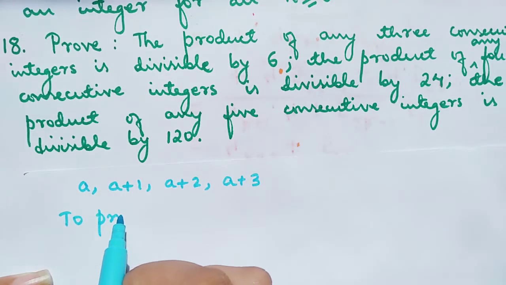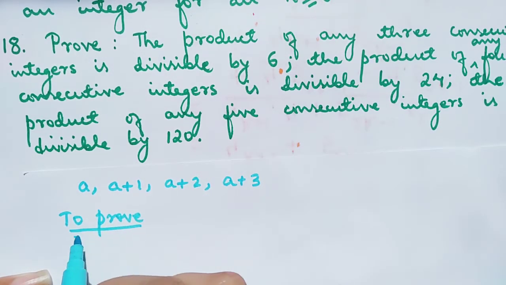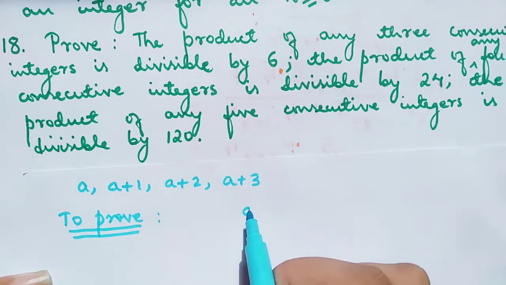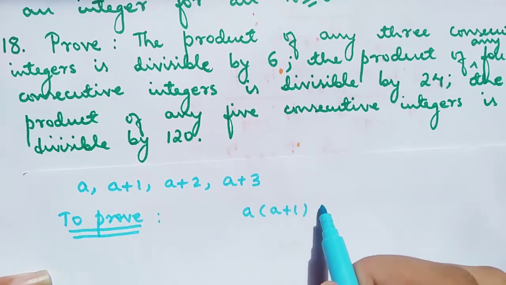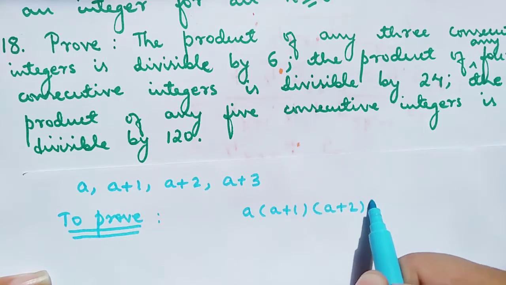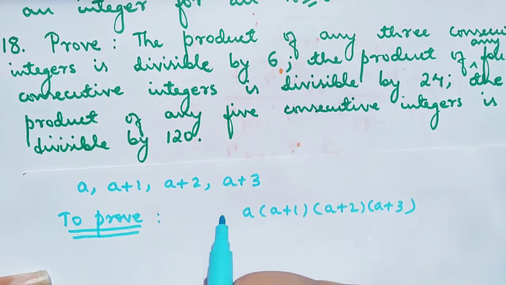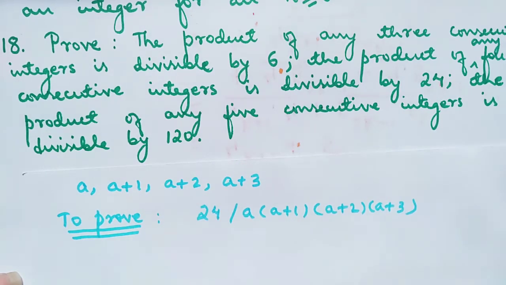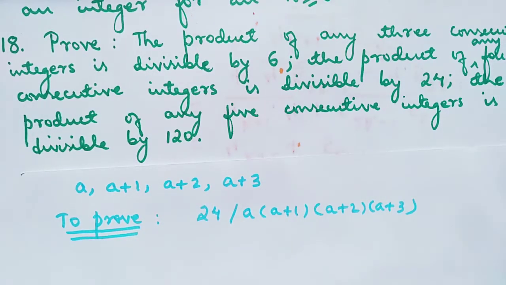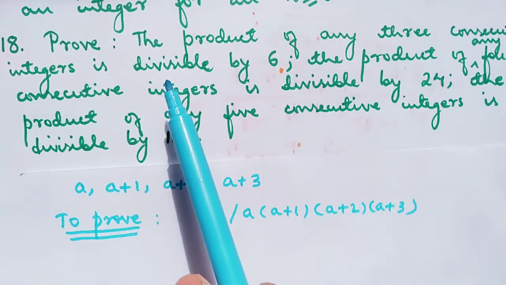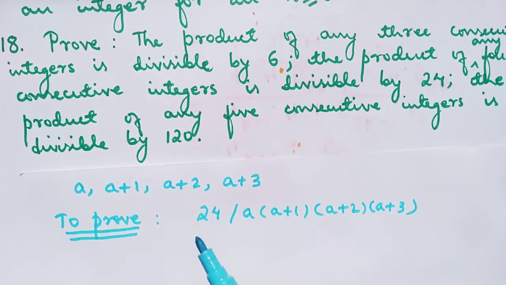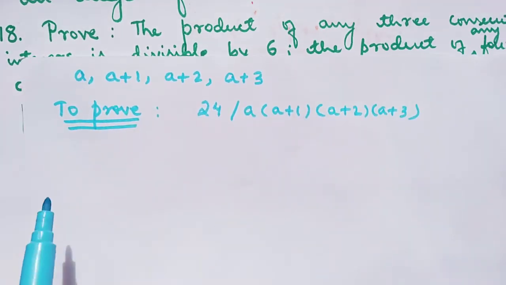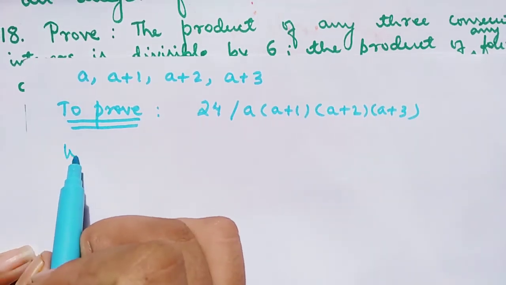We have to prove that the product of any four consecutive integers is divisible by 24. Here we are going to use mathematical induction, and we also have to use the first part of question number 18 in order to prove the second part. Let's do that. First, when a is equal to 1,